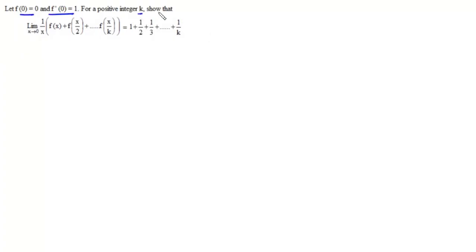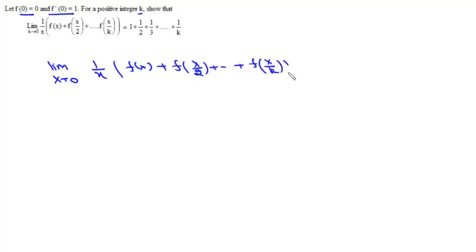For some positive integer k, show that this limit, as x tends to 0, of 1 by x times f(x) plus f(x by 2) plus up to f(x by k), is equal to 1 plus 1 by 2 plus 1 by 3 up to 1 by k. Now we can write this as limit